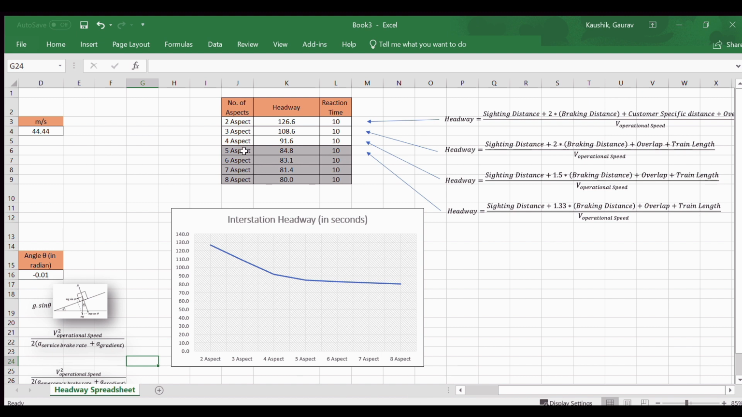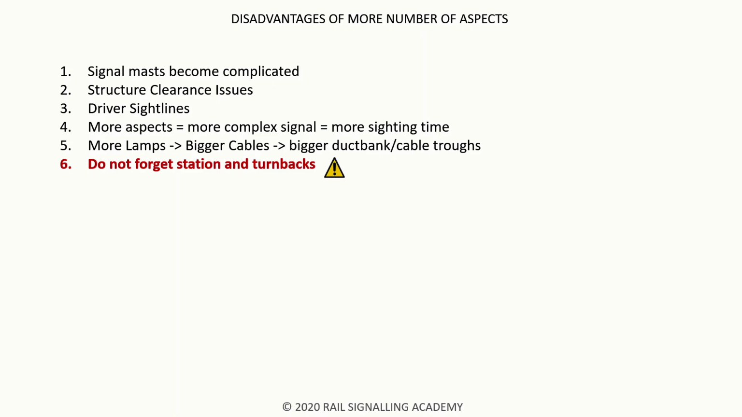I have grayed out 5, 6, and 7 and 8 aspect signaling because these are hypothetical systems. I haven't seen them. So this is just to show that when you increase aspects, after a point, the improvements are only marginal. So now we are going to discuss the disadvantages of more number of aspects, and you'll see